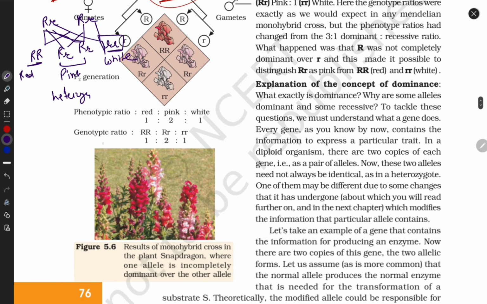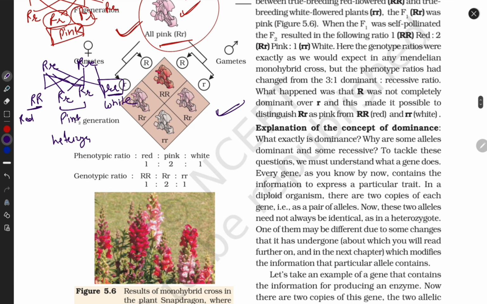Look at here, this is the checkerboard. Capital R, small r, capital R, small r. I cross with capital R, small r. Now I got one red flower, I got one white flower, but I got two pink flowers because these are